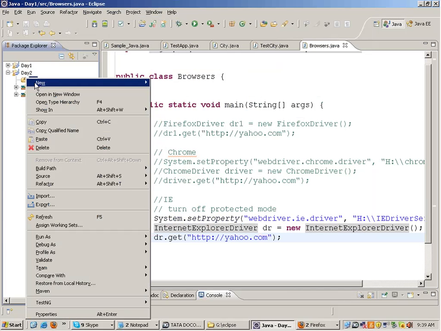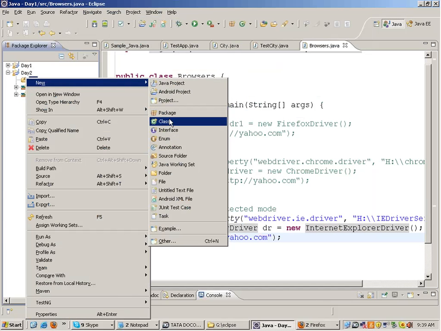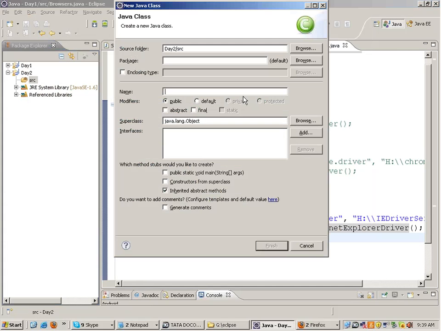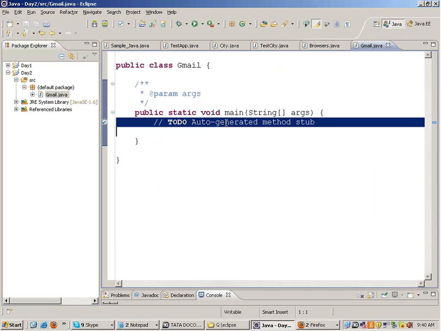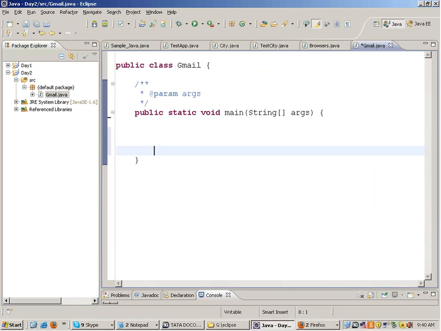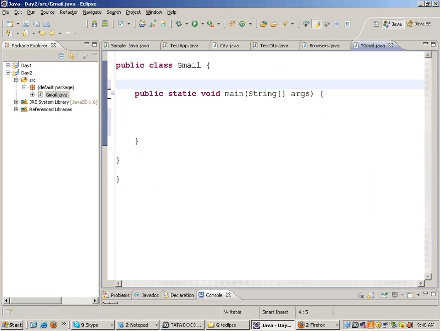Okay. Now in the source folder, I'll be making a new class, and the class name can be Gmail. Okay, let's take up a very simple example. We will open the browser, go to gmail.com, and try to enter the username, password, and everything. Okay, but to understand that, first of all, we need to understand the basics of HTML, because